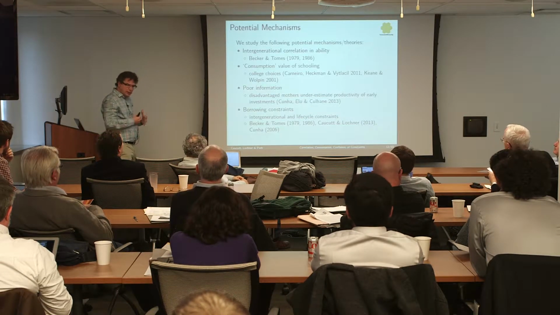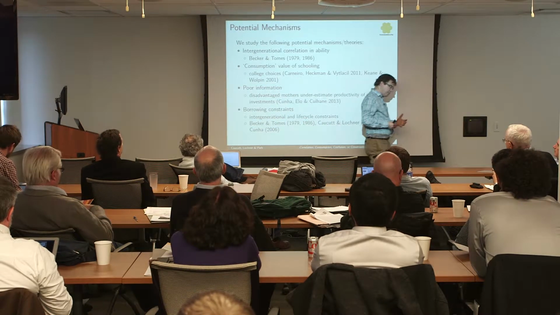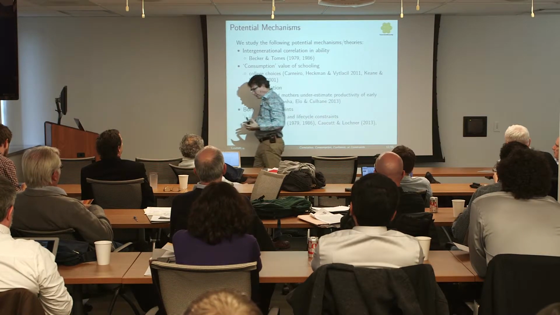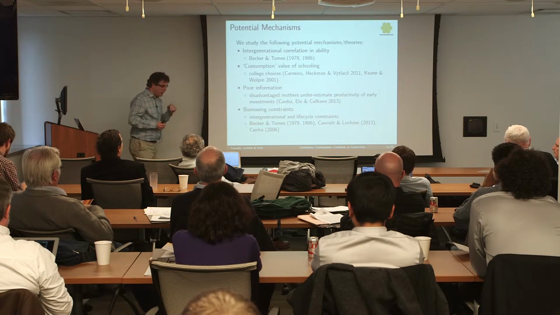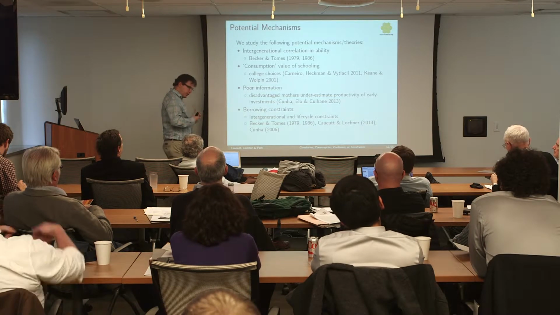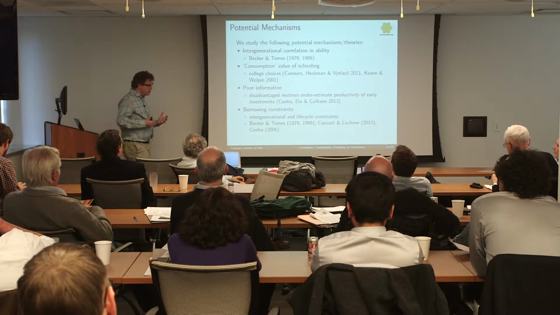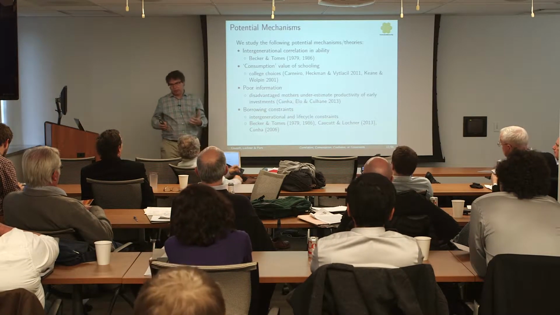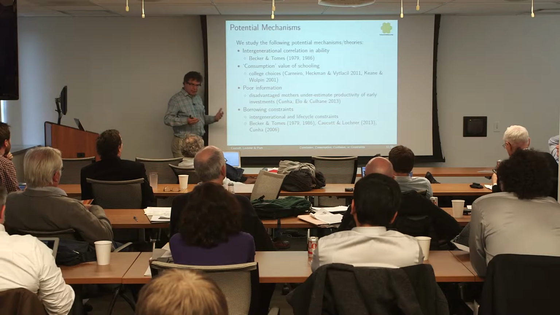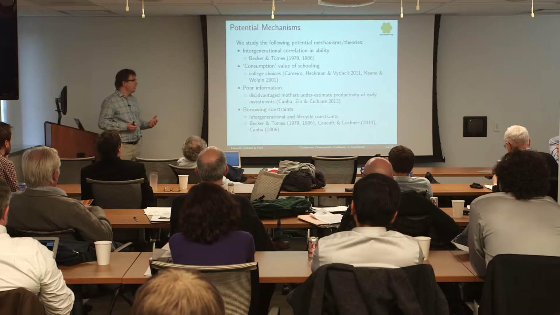So far what I've basically shown you is that there are big differences in test scores and cognitive achievements. There's also non-cognitive achievement, but I'm not going to show you anything on that, though there's a lot of nice work by Jim on it. There are big differences at very young ages in these achievement measures. A lot of it goes away when you condition on things like parental AFQT or education, but not all of it. And those are in line with big differences in the investments families are making in their children.